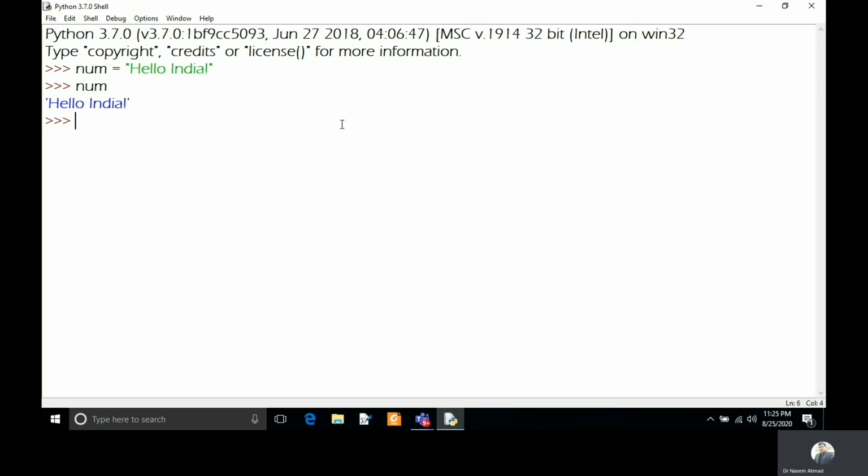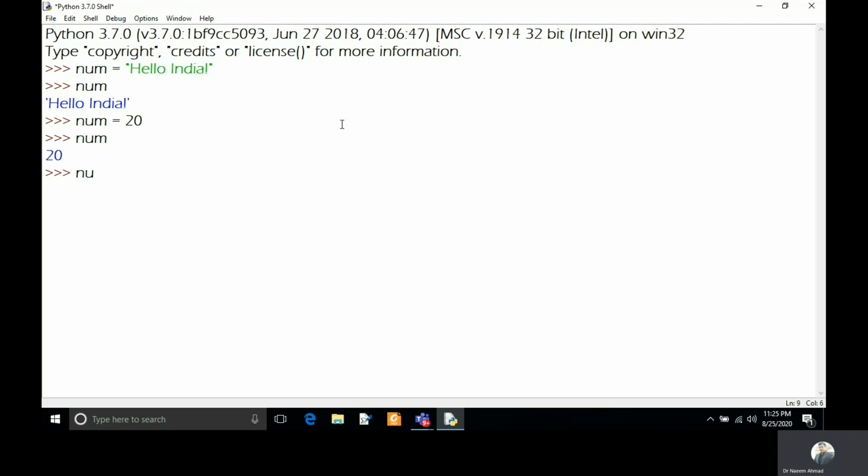You can update the value of the variable by using the assignment operator, and you can keep a different value here. Now I am keeping a numerical value, and you can see the value of the variable. So here we have updated the value of the variable with the same assignment operator. We can also use the assignment operator along with arithmetic operators like addition, subtraction, multiplication, and some other arithmetic operators.